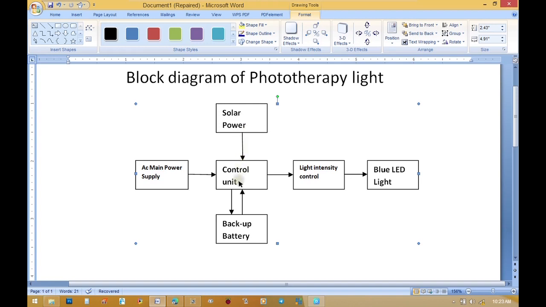From the same normally closed, to the movable contact, and from that movable contact to the battery backup. So when the relay is not biased, the solar power is directly connected to the battery backup and charging the